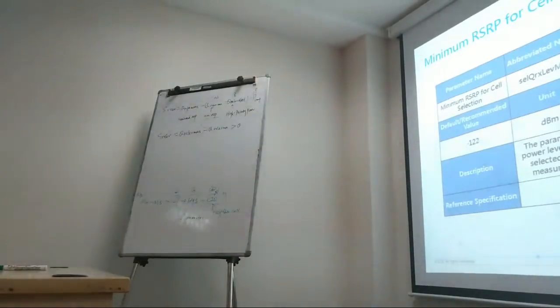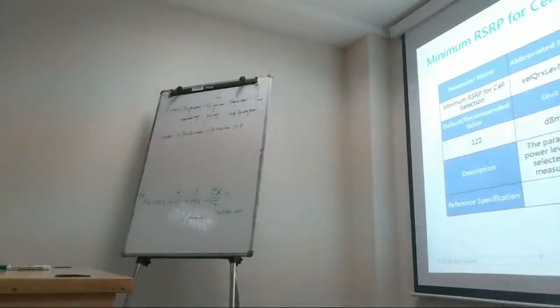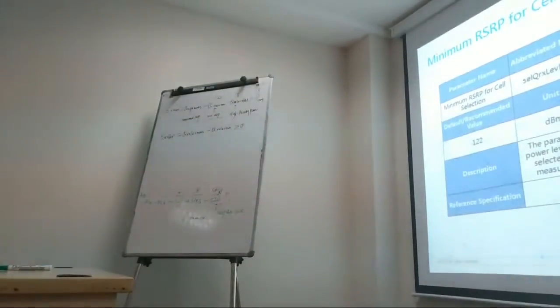We cannot select this cell so easily. If you set this value lower, a small value, the UE can easily select this cell. But if this value is too low, even if the UE can select the cell, maybe the UE cannot get service because the coverage is too bad. So this is the value. So if we set